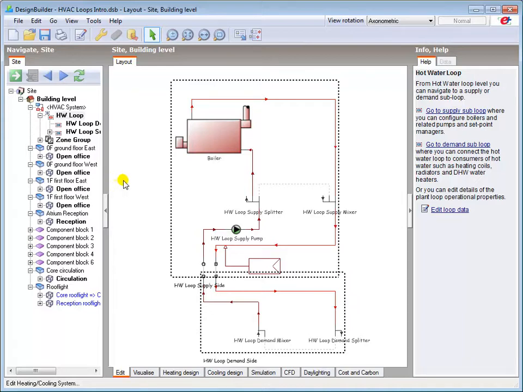The default hot water plant supply subloop includes a single boiler, flow splitter and supply mixer, and a circulating pump. The splitters and mixers in the supply subloop provide the connections to enable you to add boilers, which I'll show you in another tutorial. There is a grey dashed line here between the splitter and mixer on water systems, which